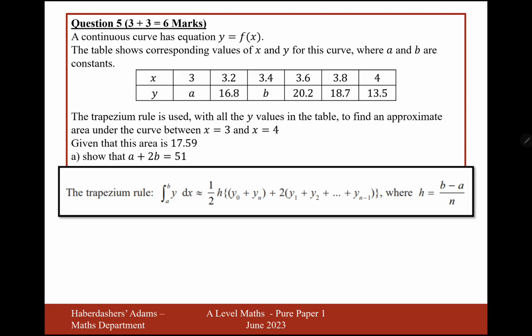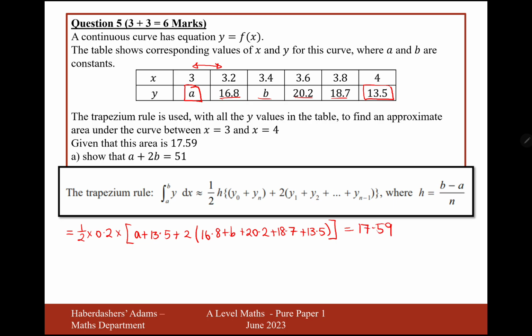So we're going to say that the area, which is the integral between a and b of y dx, is approximately equal to a half times h, and h in the trapezium rule is the width between the x values, so that would be 0.2, times y0 and yn. y0 is the first term and yn is the last term, so that would be a plus 13.5, plus 2 lots of all of these intermediate y values, so that's going to be 16.8, add b, add 20.2, add 18.7, add 13.5. Close brackets, and we're told that that answer is